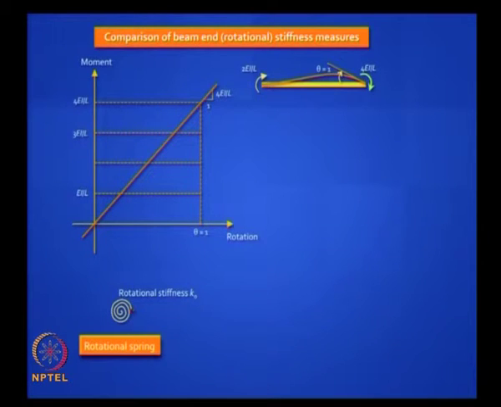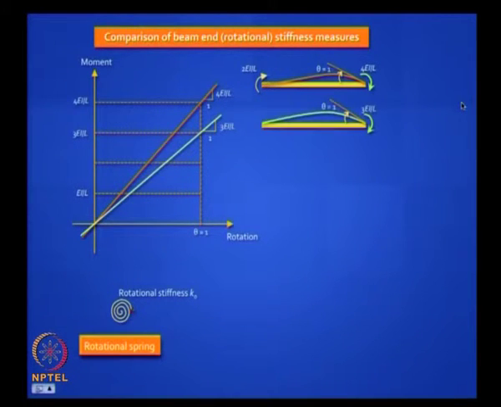Now let us try to convert all those beams into an equivalent spring. Okay, so we have a rotational spring like a door spring, and the moment that you apply is linearly related to the rotation, right. So if you have the first case where you are fixing the left end, then you agree that if you reduce this to a spring, the spring stiffness will be 4 EI by L.